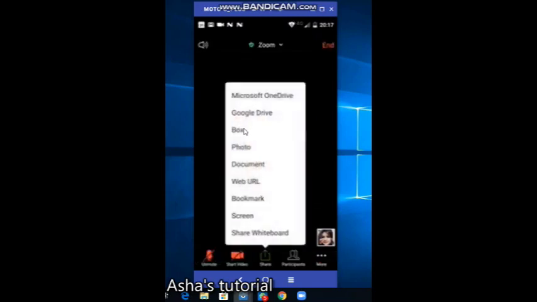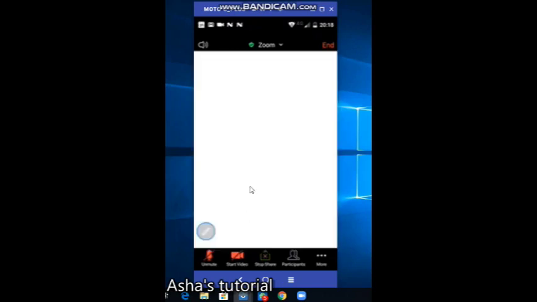Here photo box is there, any photo if you want to share you can share, documents, if you want to share any documents you can share. Here web URL also, bookmark also, and share whiteboard. I'll click on whiteboard.